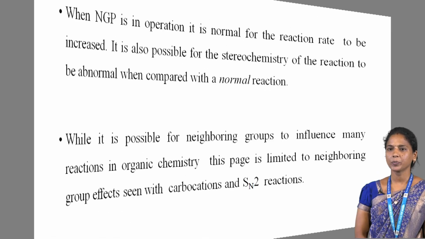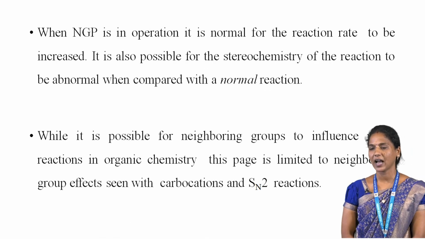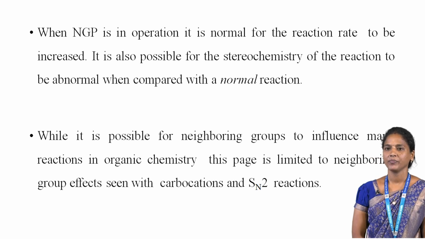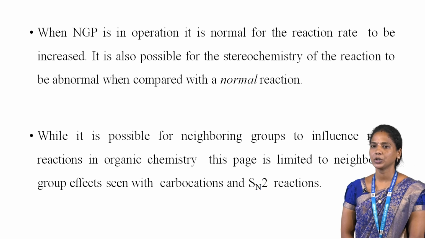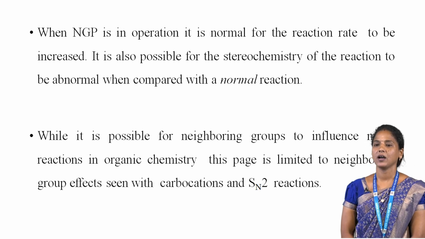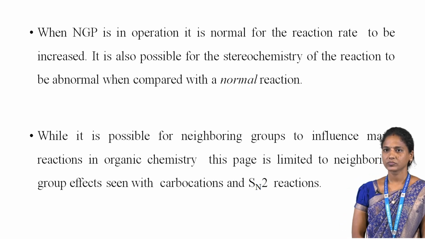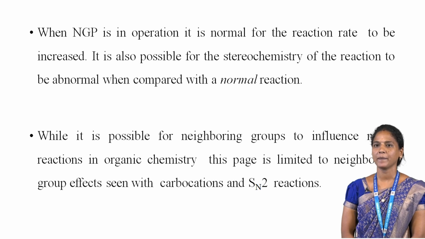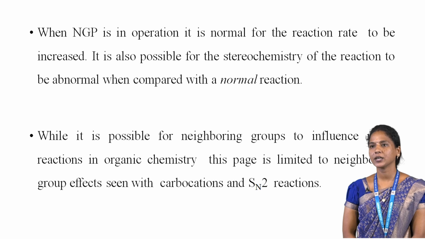When neighboring group participation is in operation, the norm is for the reaction rate to be increased. It is also possible for the stereochemistry of the reaction to be abnormal, unexpected when compared with a normal reaction. While it is possible for a neighboring group to influence many reactions in organic chemistry, for example the reaction of a diene